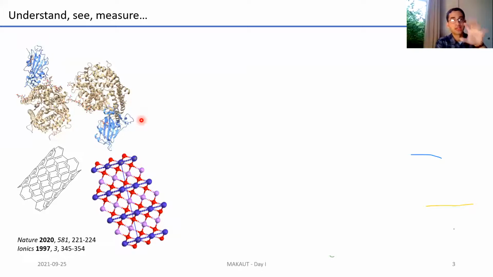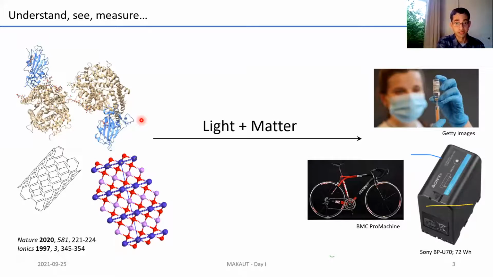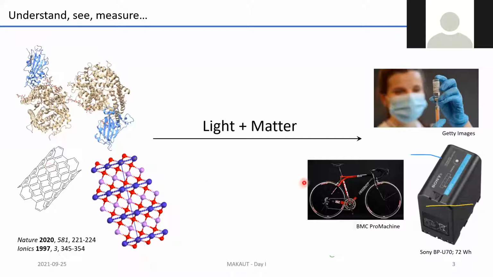And when you shine light on this and understand what you're seeing, you get deliverable products. If you know the structure of the coronavirus using cryo-electron microscopy, that helps you actually design vaccines, which have a tremendous impact on the well-being of the human race. If you know CNTs, then you can actually make materials with CNTs. Around 10 years back or so, there was this Swiss bike company called BMC, who were making bicycles called the BMC Pro Machine, which were made with CNT, and they were known for their very lightweight and high tensile strength.